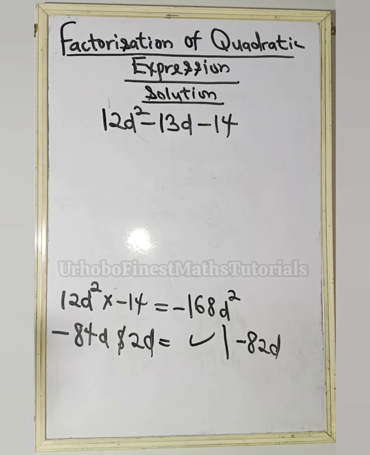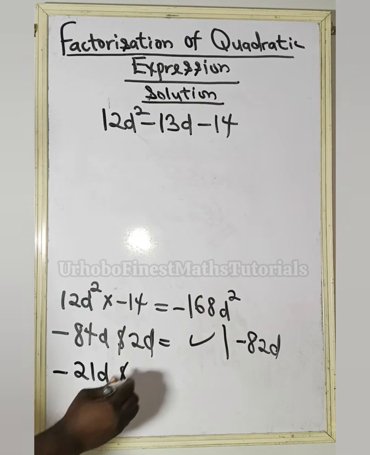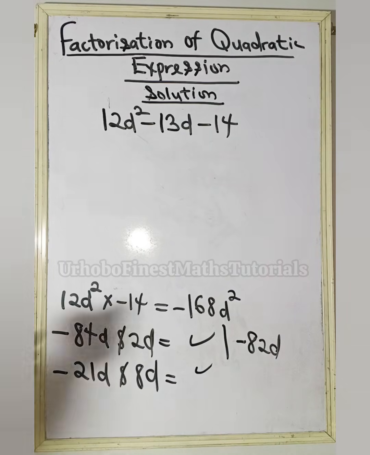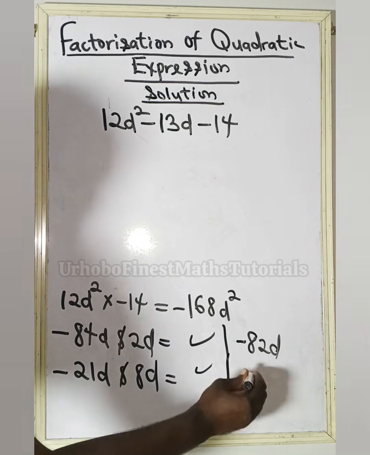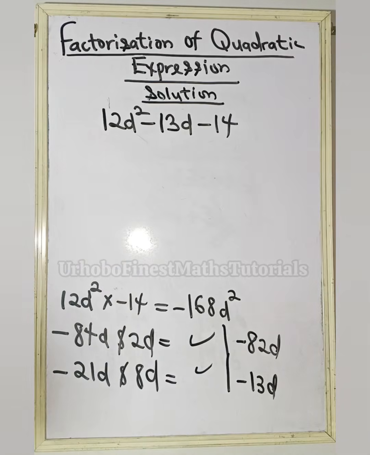Okay. Now let's try minus 21d and 8d. Minus 21d and 8d. Okay. If you multiply these two, it will give you minus 168d squared. If you add them together, it will give you minus 13d. Okay. So minus 13d is here and it's also here. So it means that these two factors they'll work. Okay. So it becomes